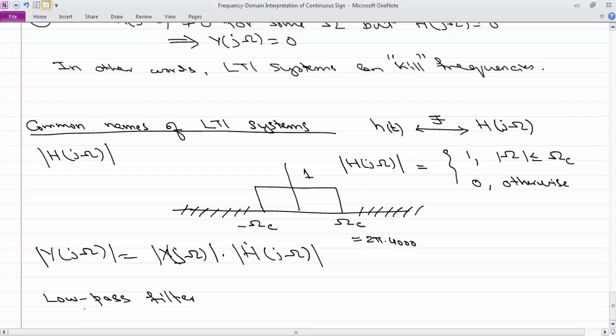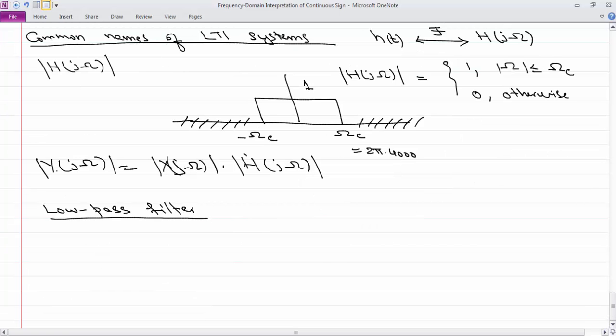Why is it called a low-pass filter? Because the idea is that it lets low frequencies pass and it lets all the high frequencies go to 0. It kills them off. This is an ideal low-pass filter. So this is one. Another type is if you plot the